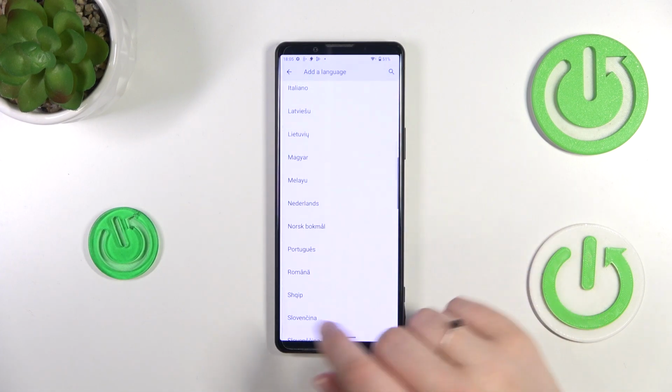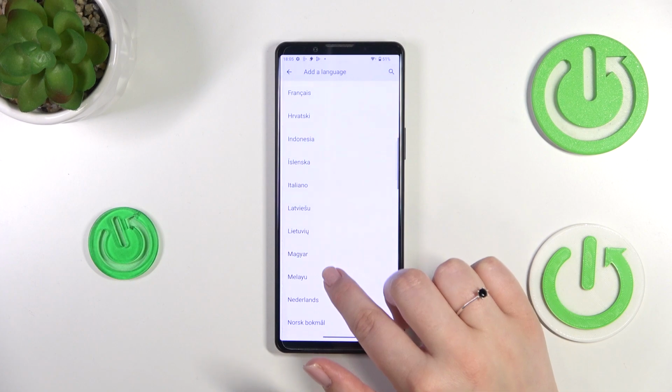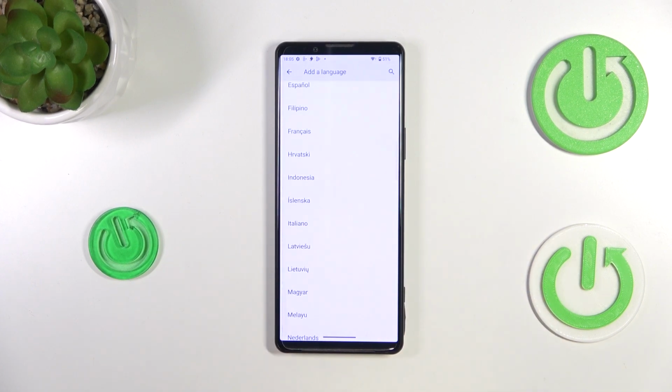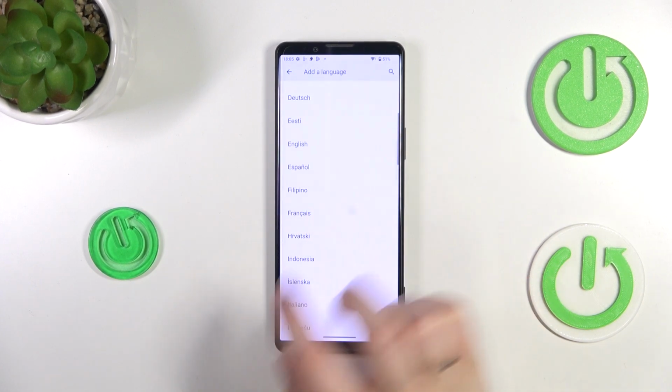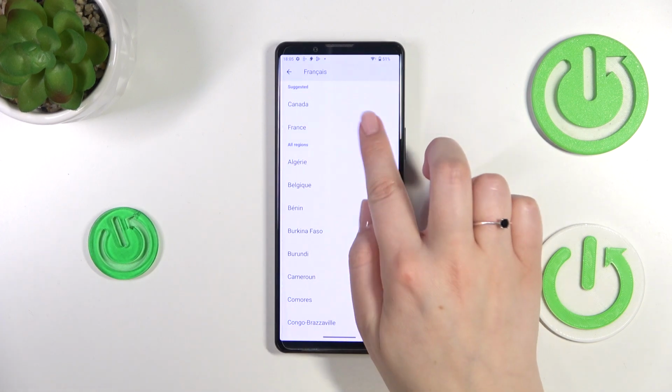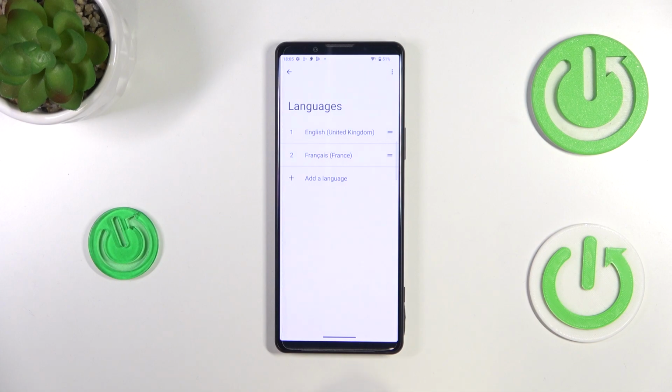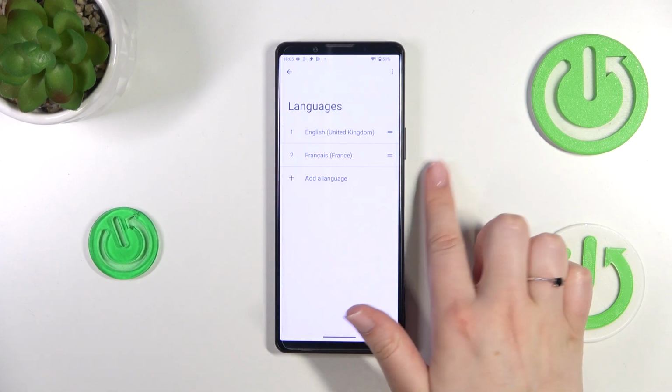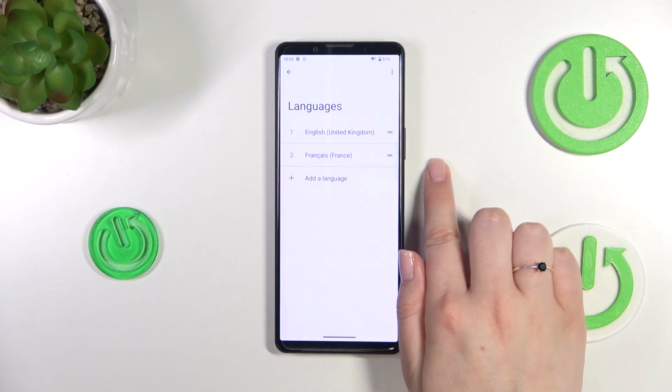So basically all you have to do is to simply find the one you'd like to set and tap on it. So I will pick French, for example. Sometimes you will be able to pick the region, of course, so just tap on the one you'd like to set. And as you can see, the French language, in my case, of course, has been applied to this list,